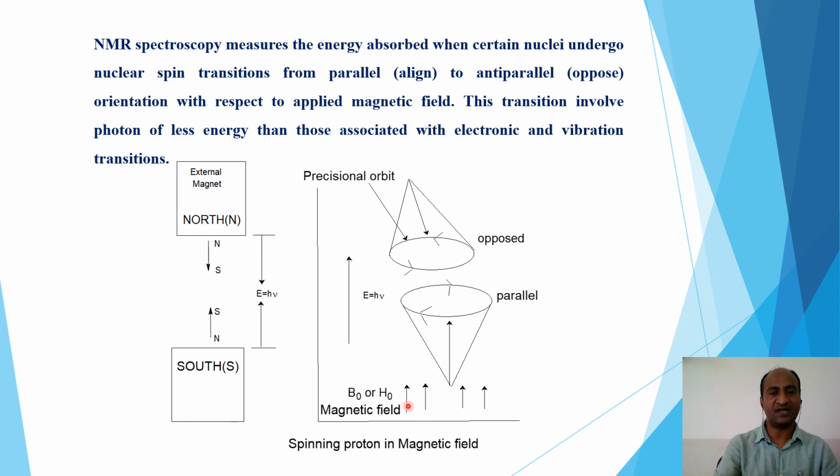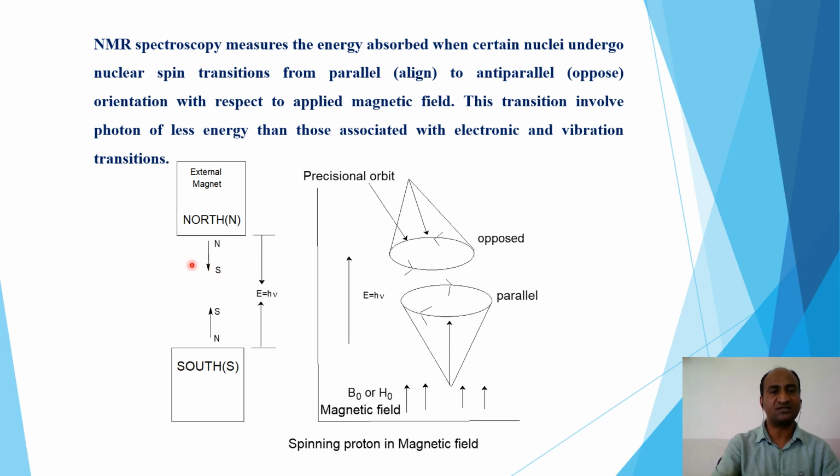Anti-parallel means opposed with respect to the external magnetic field. And when it returns back to the ground state, this energy absorbed, E equals h nu, is measured, and it will specifically explain the behavior of protons. So here you can see that south and north, when it absorbs the radio frequency, it is opposed, that is north and south. This north pole with north requires a high energy. You cannot join the north pole of a magnet with a north pole, so it is a high energy state, so it cannot stay in this position for a longer time.